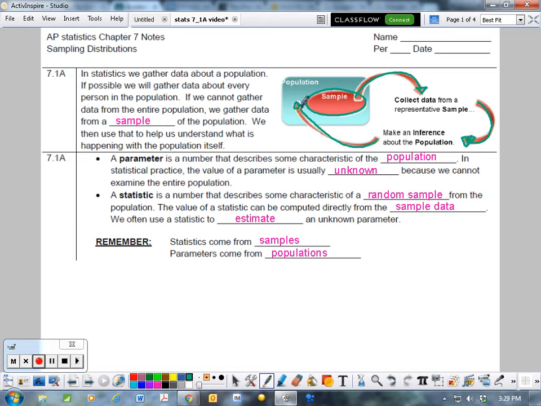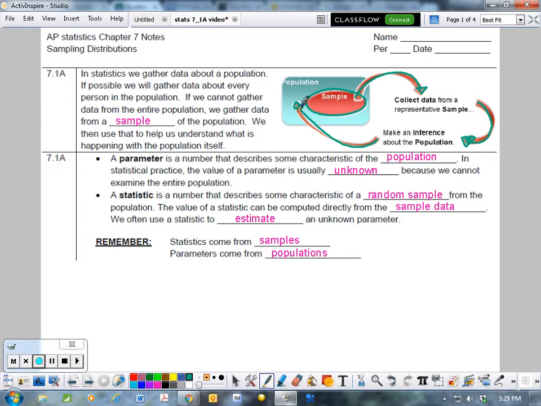And we always have a problem with that, because the one question I get all the time is, how do we know that sample is really representative of our population? That's why the sampling techniques we learned in chapter 4, like the simple random sample, the SRS, or a stratified random sample, or a cluster sample, all these different sampling methods, we want to make sure that we have a good, unbiased sample that should hopefully be as accurate as possible to the population.